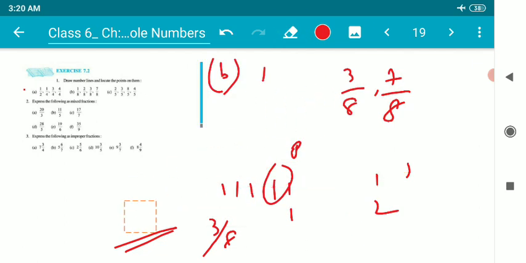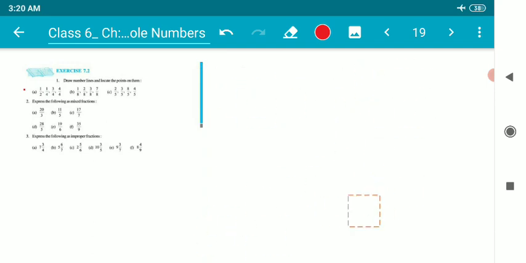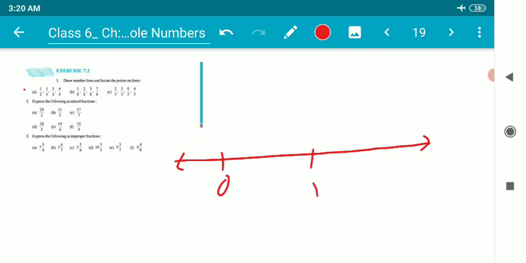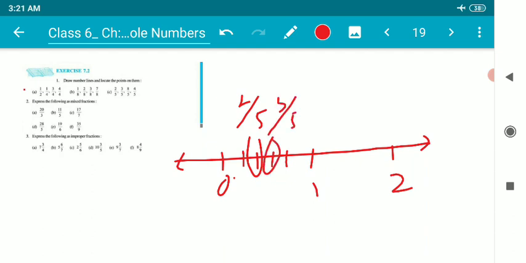Now the third question is slightly different, as we can see that there is an improper fraction as well. As your sir is here, no need to worry. We'll just draw a number line. I'll write 0, this is 1 and this is 2. For fractions with denominator 5, I'll make 5 equal parts. The first one is 1 by 5, second one is 2 by 5, this is 3 by 5. I need 4 by 5 as well, so this is my 4 by 5, and then 8 by 5.